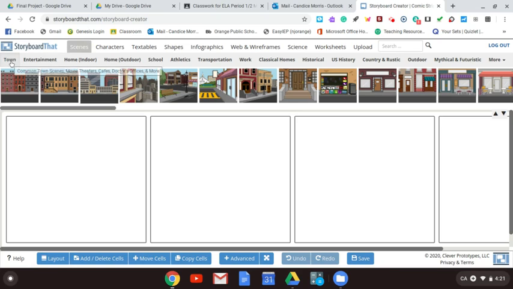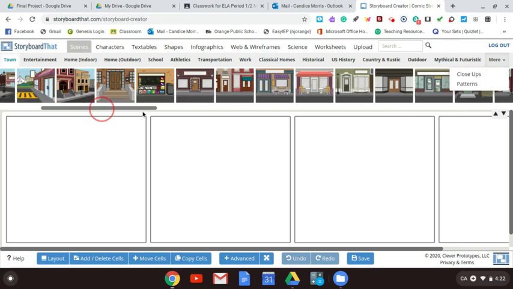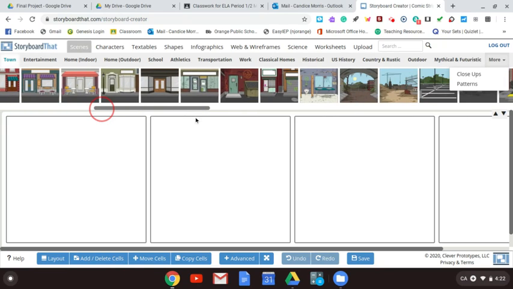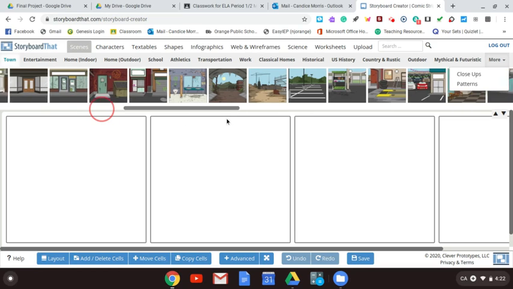You can even go underneath here. There's town, entertainment, home, outdoors, school, athletics, transportation, work, any of the U.S. history. There's even more. Oh my gosh, there's so many different scenes you can choose from. So I'm going to choose, let's see if we can find one that would be good for Louis maybe